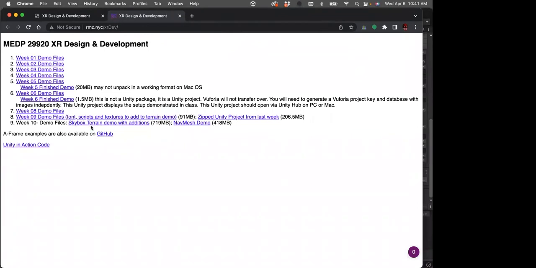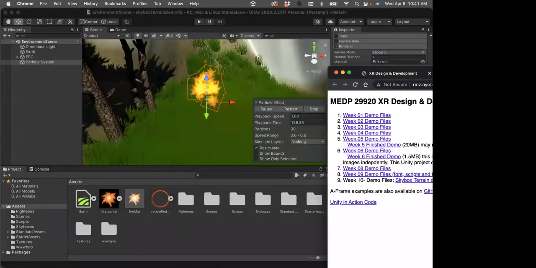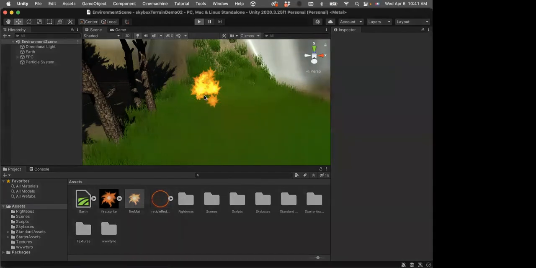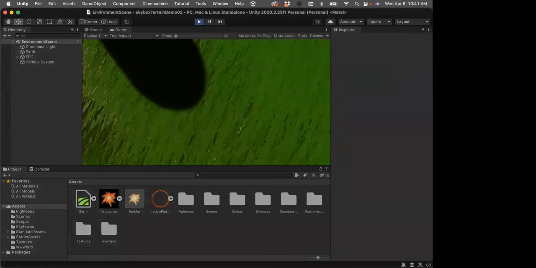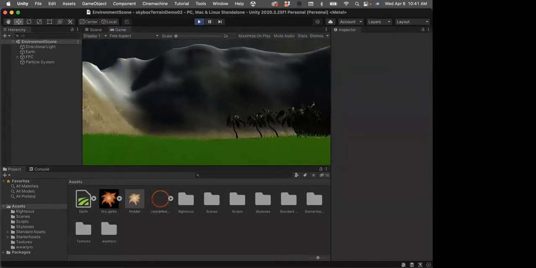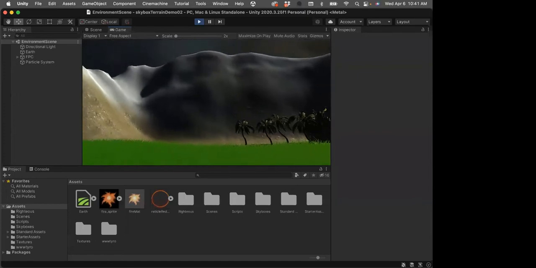The file that we're looking at is this one, Skybox Terrain Demo with additions. I think the one that I loaded doesn't have the particle system, but it does have what I used to create the particle system. So let me play this first. This is the demo for the terrain that we built in class, if you all remember,